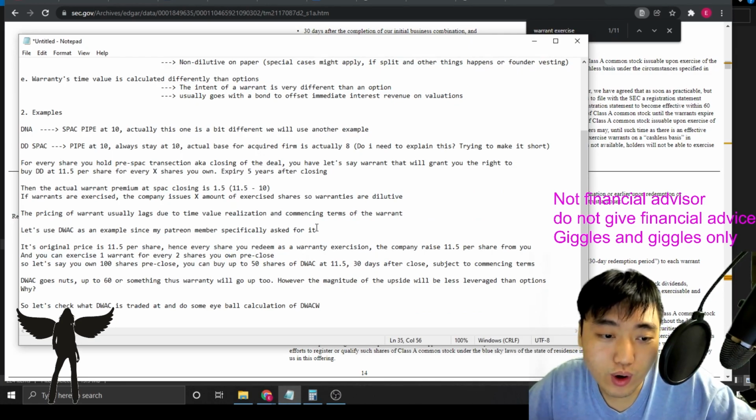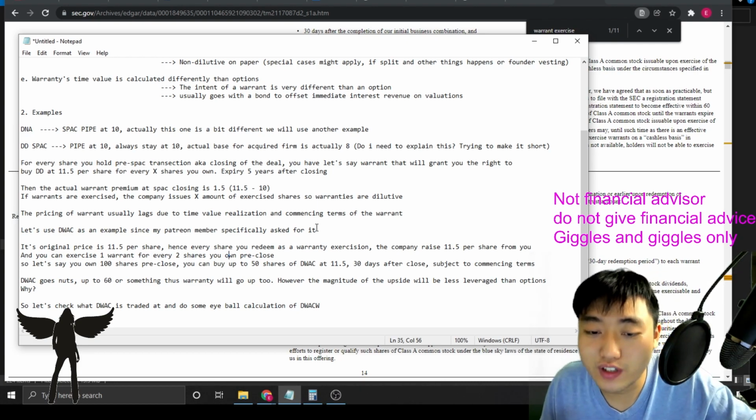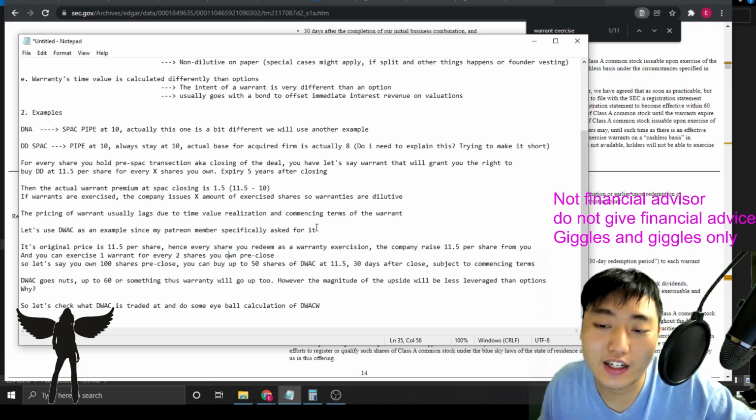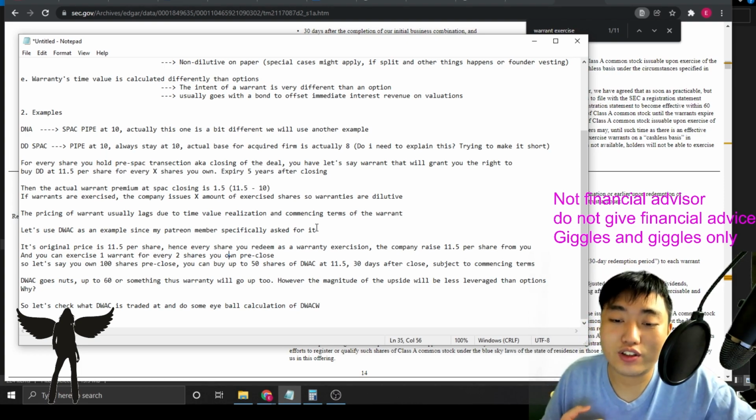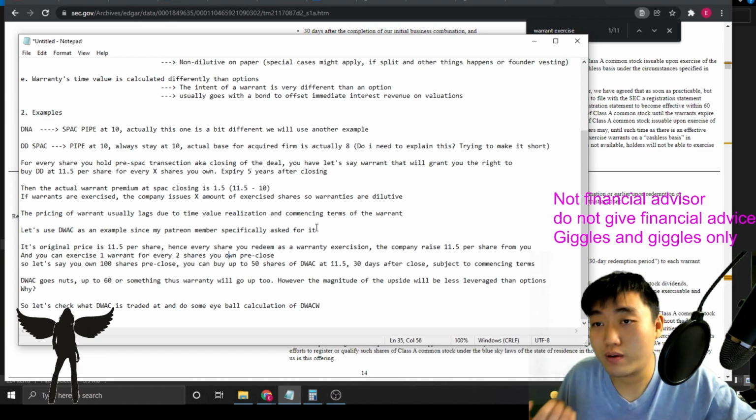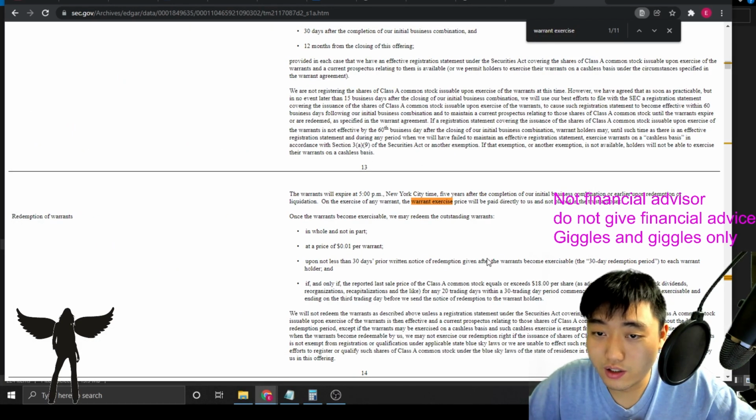So let's say you own 100 shares pre-close on DWAC, right? You can buy 50 shares of DWAC at $11.5 30 days after the closing of the SPAC deal, okay? And this 30 days is sort of a deal clause or period of lockup for you, subject to commencing terms. We talk about commencing terms for DNA, and we probably don't want to talk about commencing terms for DWAC,